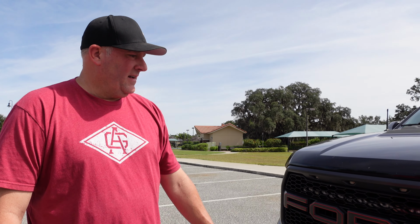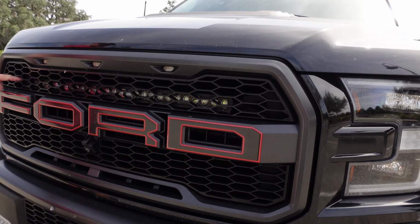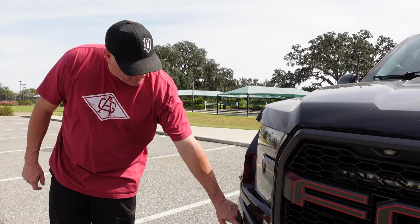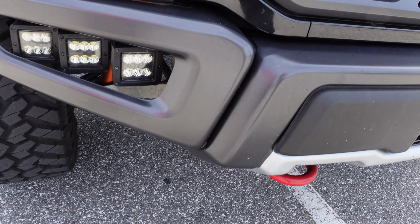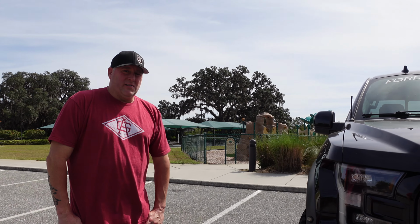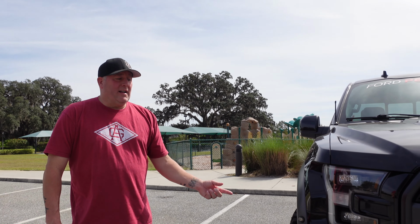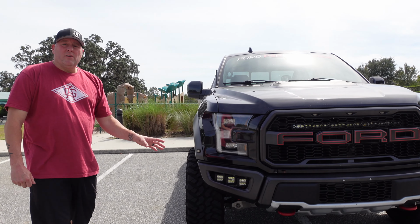They pop. I did the 30-inch light bar behind the grille, and that light bar is bright, which I have paired with the cubed fog lights, the 3 cubed fog lights. I have all of those wired into the auxiliary switches, auxiliary 1 for the 30-inch light bar, auxiliary 2 for the fog lights, and the brand I did go with was the Rough Country designs,